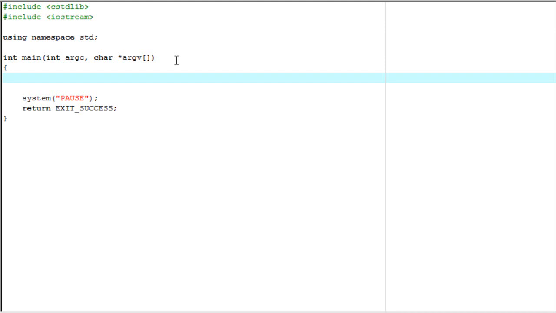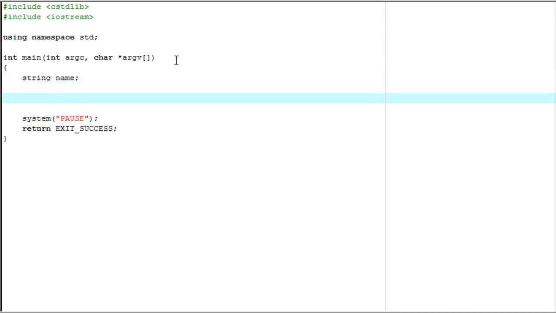In this program, like I said, we're going to be asking the user to input their name. A name is pretty much just a string variable. It's a group of characters. So let's go ahead and create a string variable. String, and we're going to name it name, because that makes sense. Going to end our line with a semicolon because we always have to, and then we're going to make a